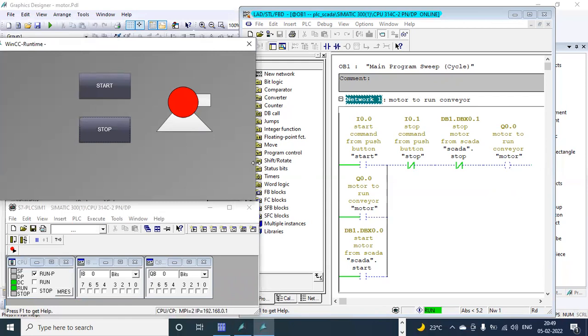Okay, so any doubt here? Anyone? Yes, understood how to connect with the SCADA. Yes, any doubt? Sir,